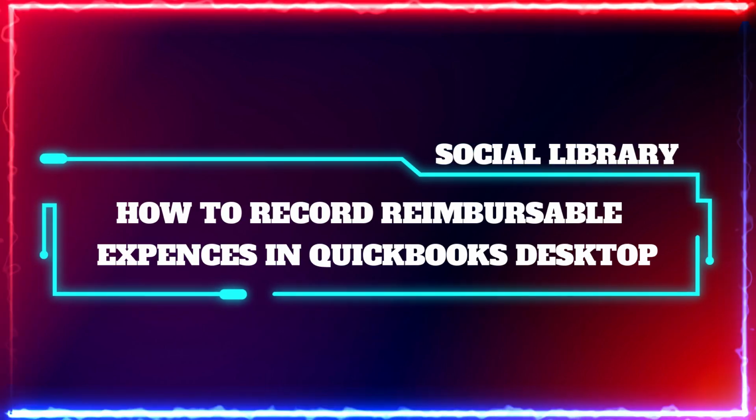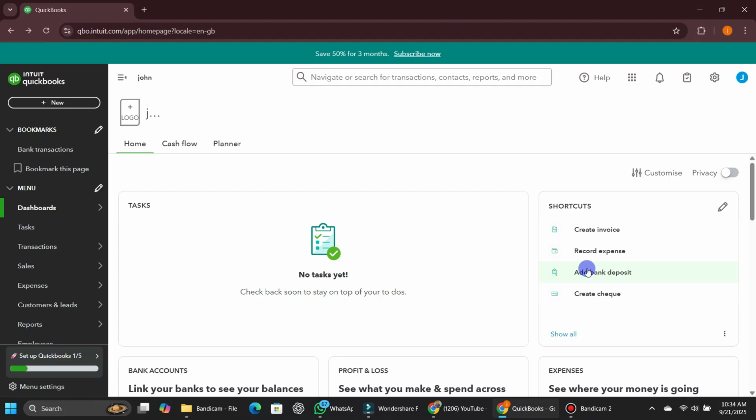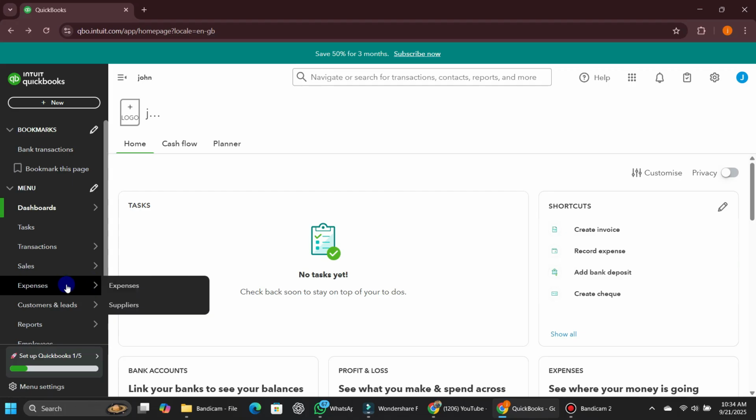Hey guys, in this quick tutorial, I'll show you how you can record reimbursable expenses in QuickBooks Desktop. So let's get started. From the QuickBooks homepage, hover over the Expenses option on the left-hand side and click on